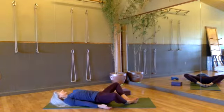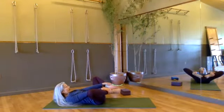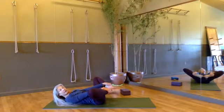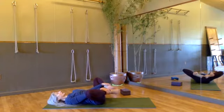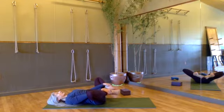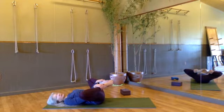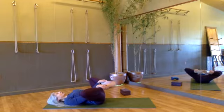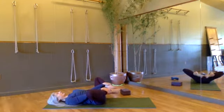And release the hands. And then we'll bring those legs up to floating Baddha Konasana, the tips of the big toes together as we pull out through the knees. And you can hold on to the ankles or shins or wherever works. Inhale and exhale. And you might end up with a little rolling up of the pelvis to get here. But still trying to reach through the sitting bones, thinking level pelvis on the floor, even if that's not quite there